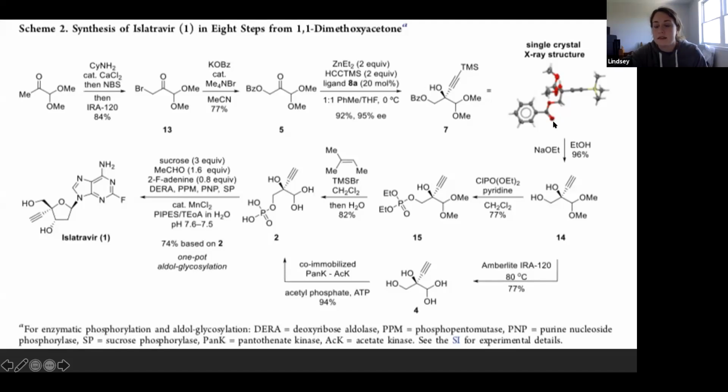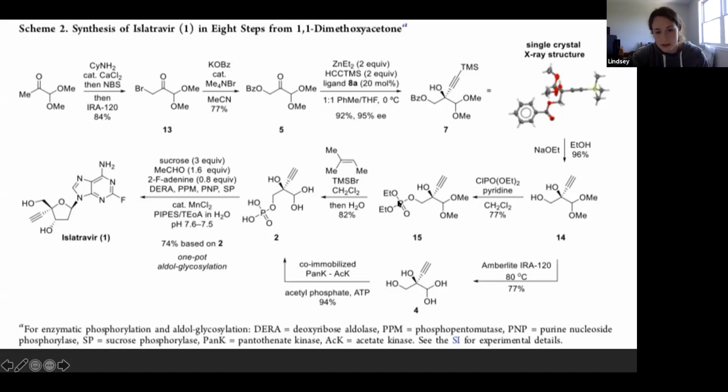And then this step right here is the phosphorylation. This whole thing is the phosphorylation, which is the second step that I talked about in the first slide. And so what happens is they first deprotect it using base to get the TMS off of it. And then they do the selective phosphorylation with ethyl chlorophosphate, which is the ClPO(OEt)2, to get this